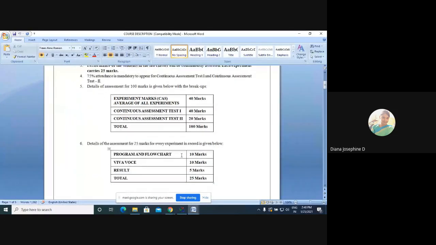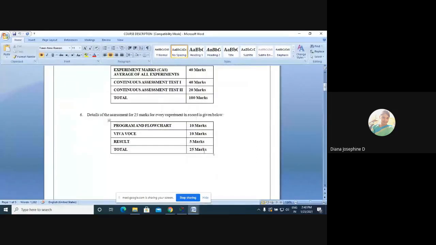Okay, so here you can see the split up of marks for 100, or the detailed assessment for 100 marks. Okay, so experiment marks will be for 40. Okay, and here under 6 you can see the detailed assessment for the experiment. For program and flowchart, you'll be given 10 marks.